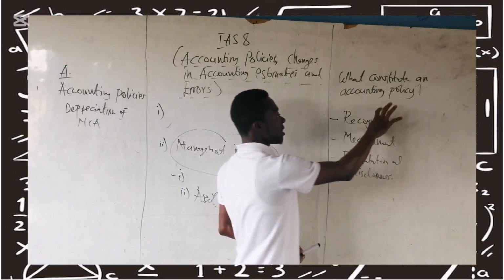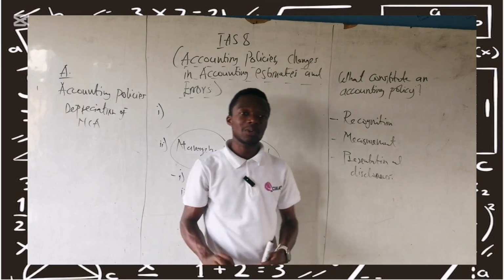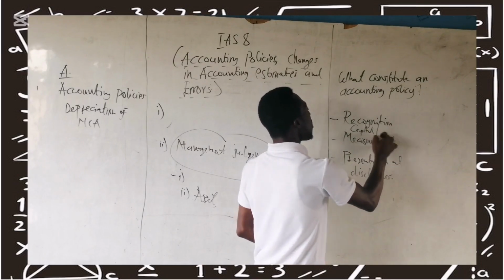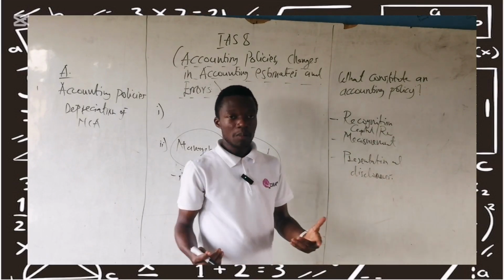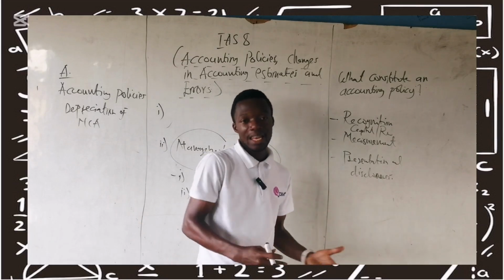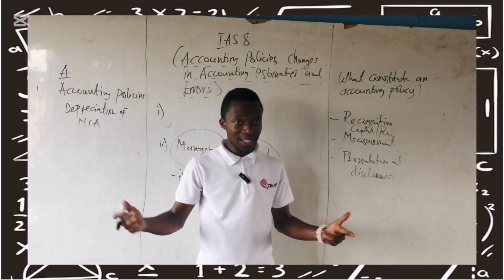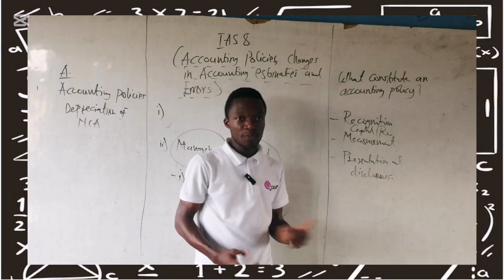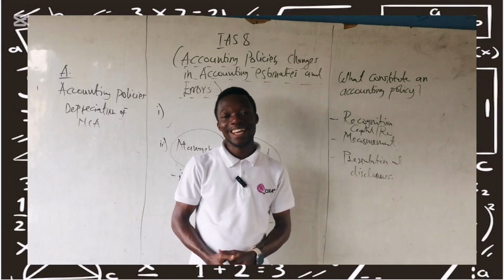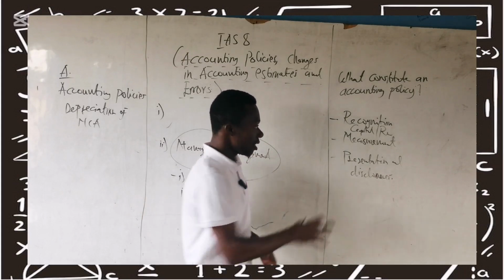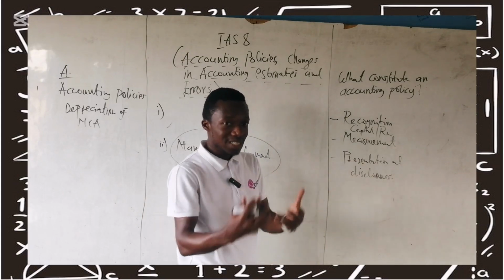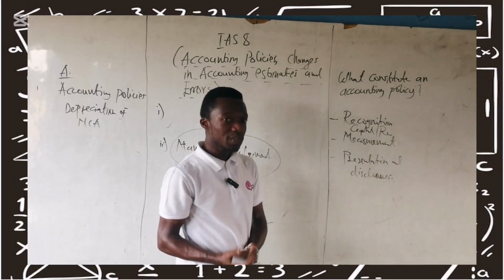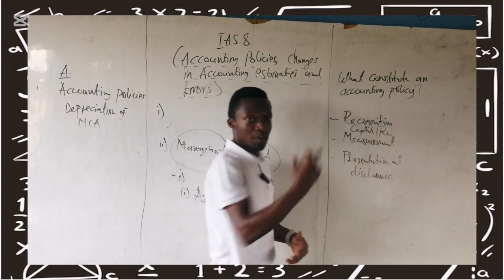So when it comes to recognition, for example, how we recognize an expenditure item, you may have capital expenditure or revenue expenditure. For the most part, capital expenditure will be capitalized and added to the cost of that particular item, and then recognized in the statement of financial position. And for revenue expenditure, you may write it off in the income statement, that is the profit and loss statement. So for an accounting policy to be selected by an entity, these are the things that should constitute it. Recognition criteria should be met.